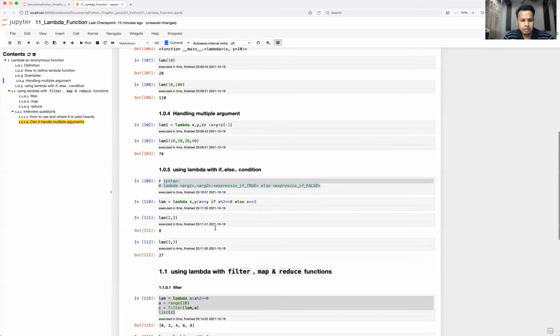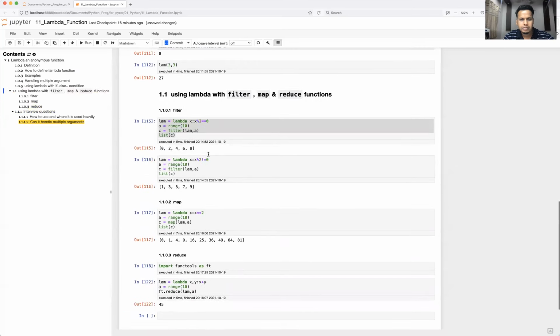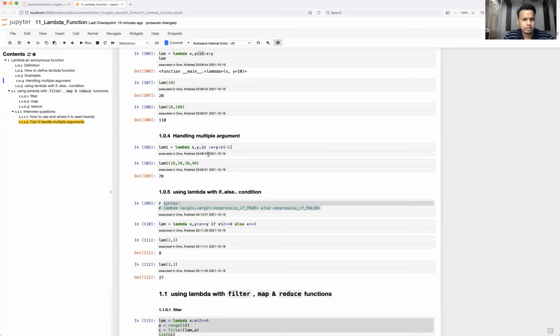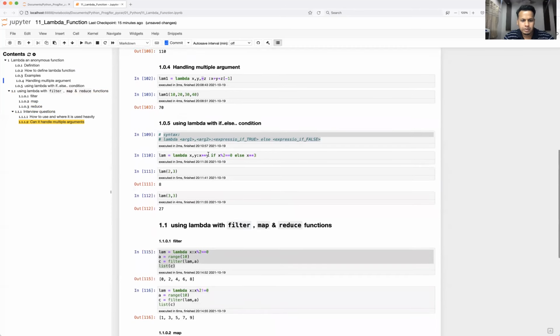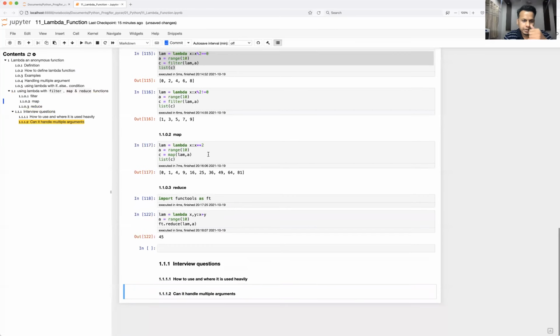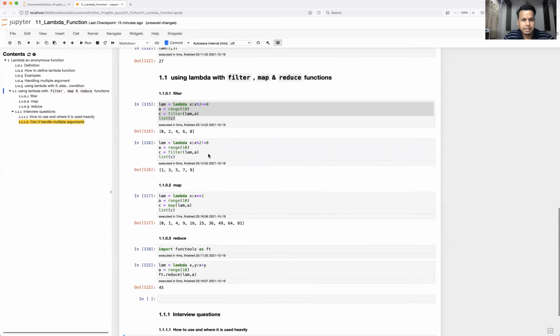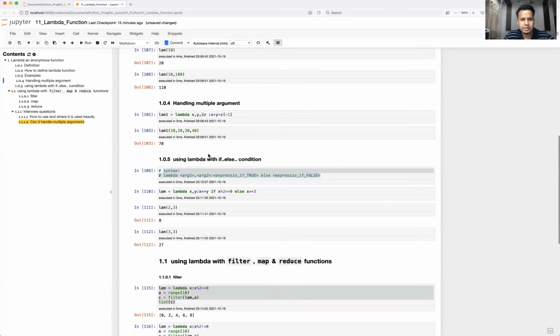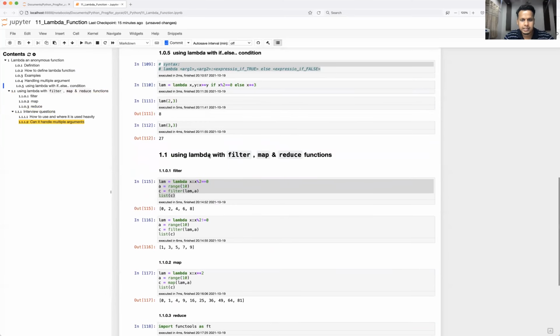Okay, so that's all about the lambda function. This will be very helpful. Please learn it, pause the video, and practice in your notebook in parallel and try to understand more. If you don't understand and you are having any doubt, please feel free to drop a comment in the video. I'll definitely help you guys to understand it better.